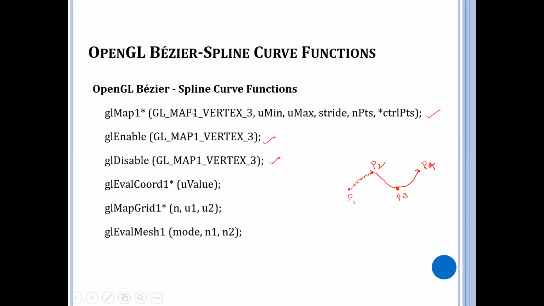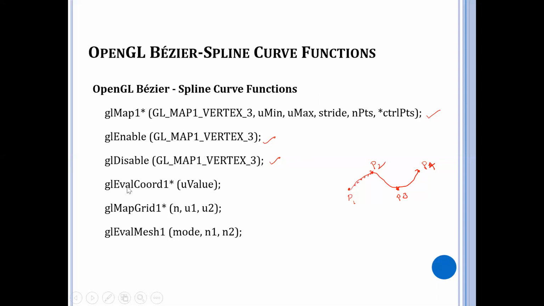Yes. So remember, whenever I'm generating a Bezier curve, I make use of this glMap, and the arguments are minimum, maximum, stride, endpoints, and the control points. If you remember, this is what we have used in our Bezier function program also, wherein we generated a flag. If you go back and refer there, you will see the same set of arguments. But in order to use this, first we will have to enable this. After using this, we will have to disable it also.